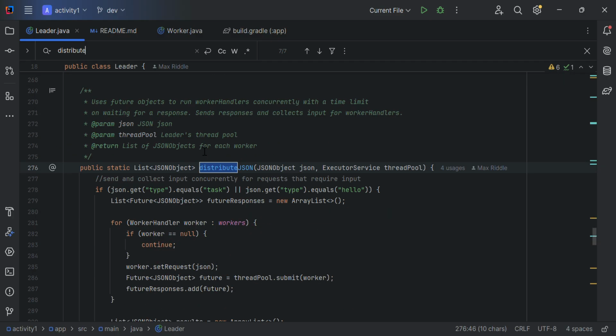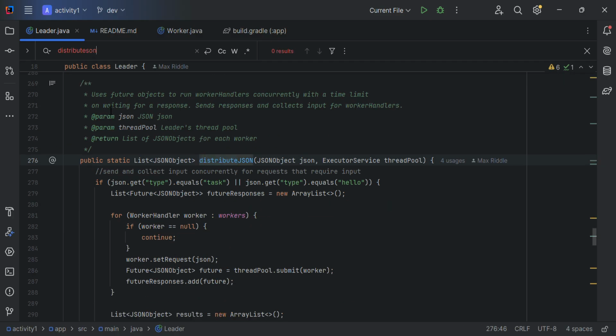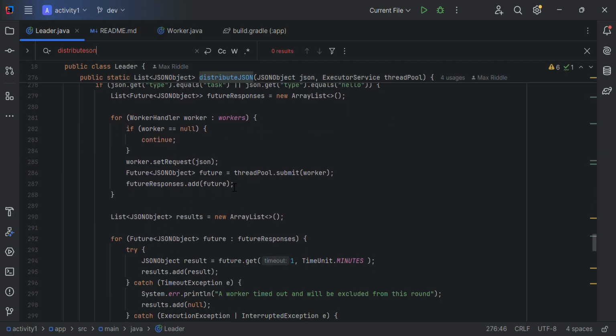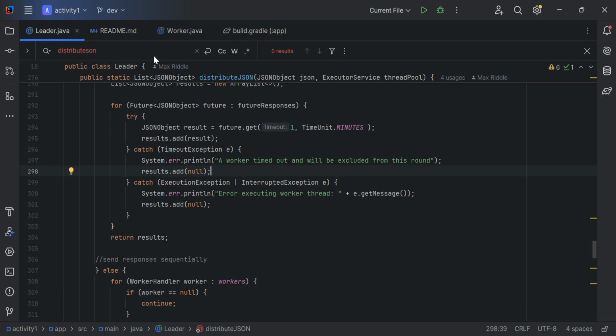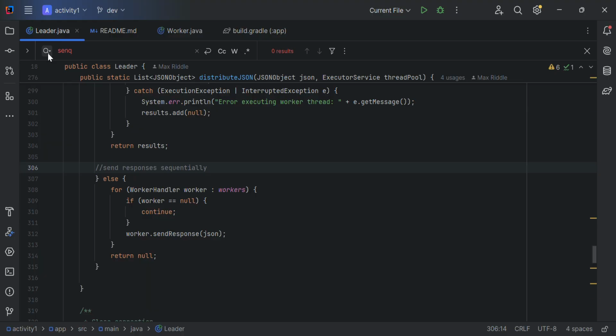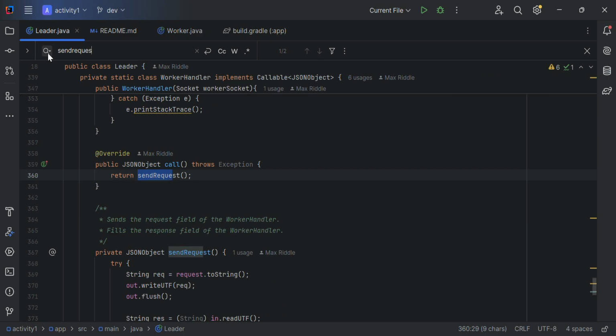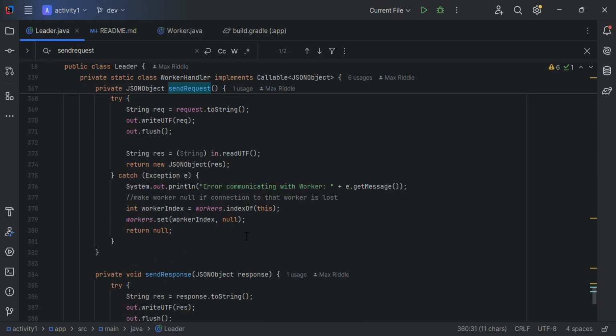So that's all going to be here in our distribute JSON method, where we already mentioned what happens if a worker times out. And now if a worker loses connection, then in that case, we will go down to our send request and send response methods, where